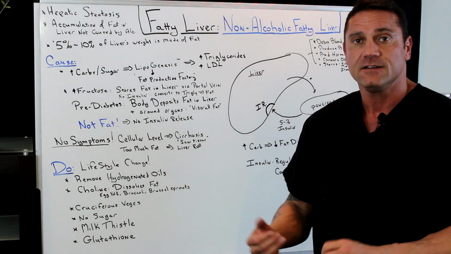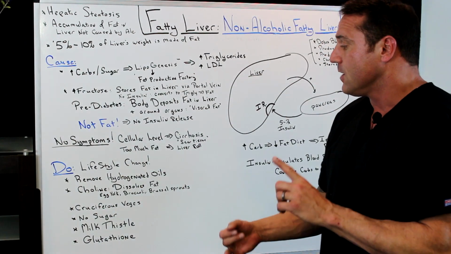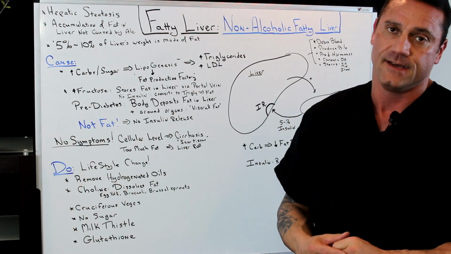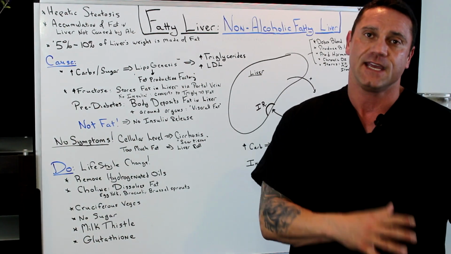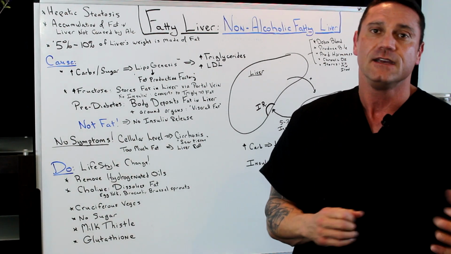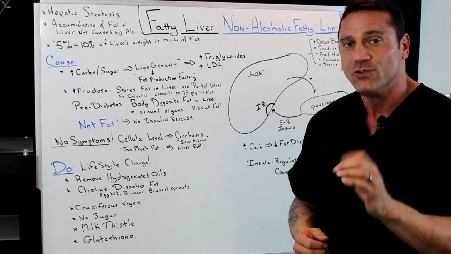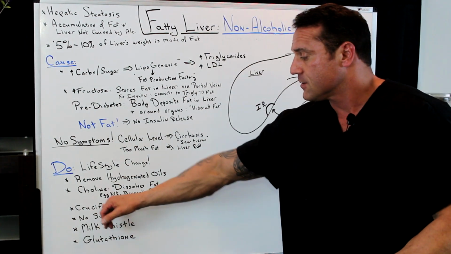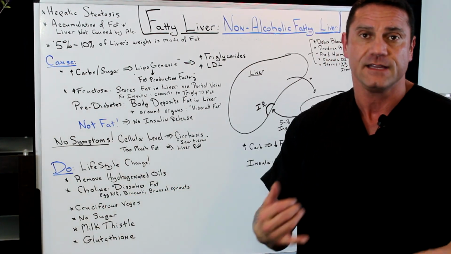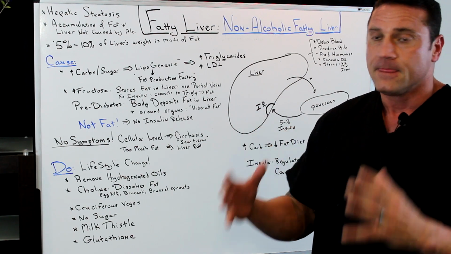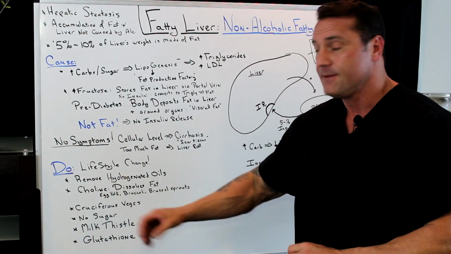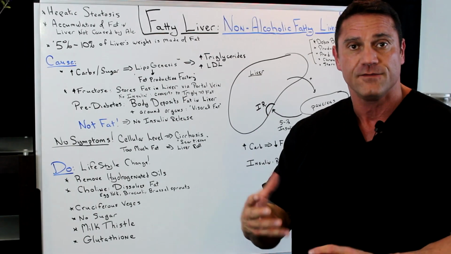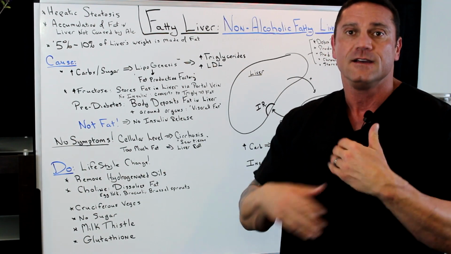Increase your choline. Either you're going to supplement with choline, or you're going to eat choline. Now, where do you find choline? Egg yolks. The whole egg got a nasty reputation back in the day. I'm old. But no, the egg yolk is rich in choline, and the function of choline is actually to dissolve fat. Also, cruciferous vegetables, the broccolis, the Brussels sprouts. Again, not only rich in choline, but also a phenomenal liver detoxifier, and they decrease liver inflammation. You want to remove all the fat and the scar tissue from the liver to make it work better.